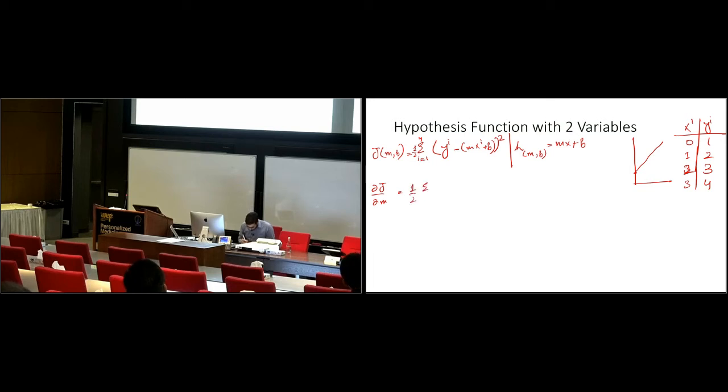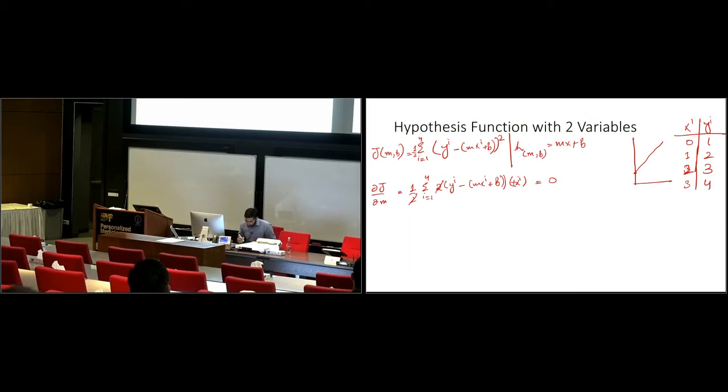So that's 1 by 2, i equal to 1 to 4, 2 times (yi minus (mxi plus b)), and minus xi. Does it make sense? Is it correct? Yeah, seems fine. Okay. So I of course have to set it equal to 0. So I can remove this minus sign, I'm just multiplying everything by -1. Because it's equal to 0, I multiply both sides by -1, so the minus sign